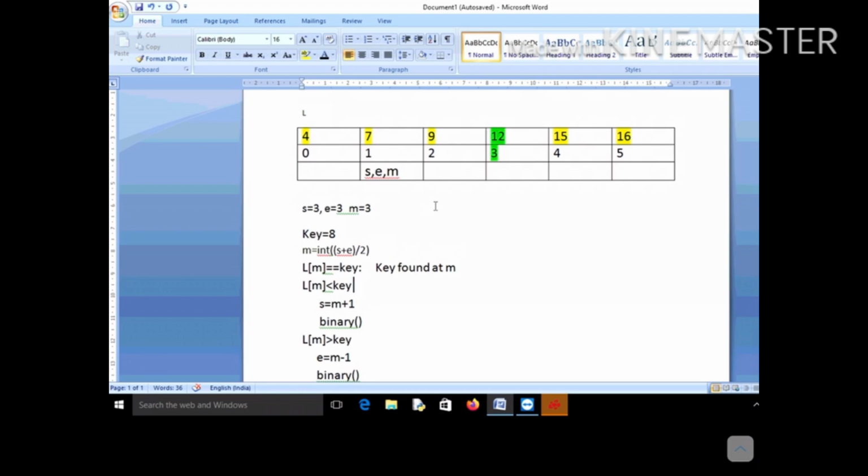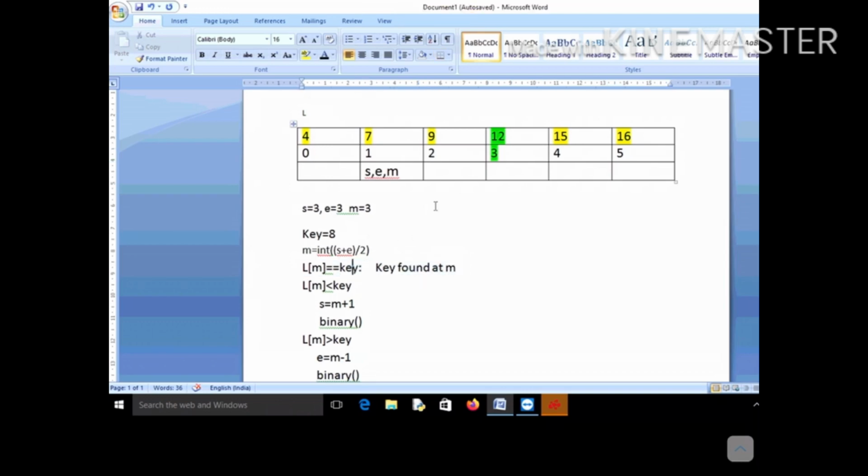Listen very carefully. This is where you need to stop. When your S and E become equal and this particular condition is not satisfied, then you need to stop, because you have checked everything. You have checked ahead of this also, you have checked before this also, and your element is not found. So what is the termination condition? When S becomes equal to E and the LM equal to key condition is not satisfied, then you need to stop.